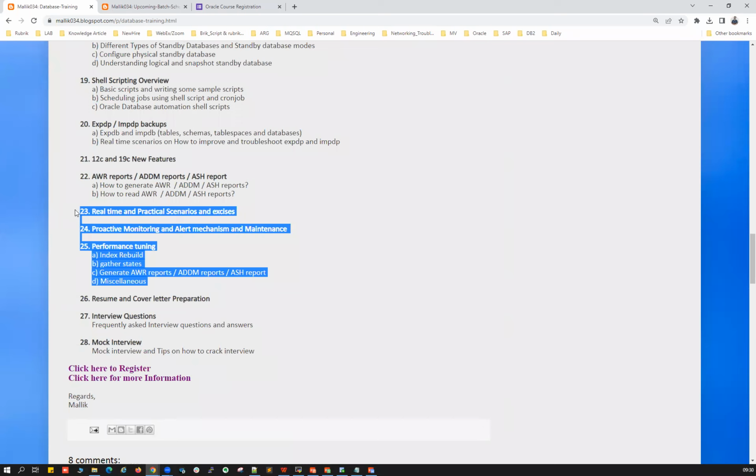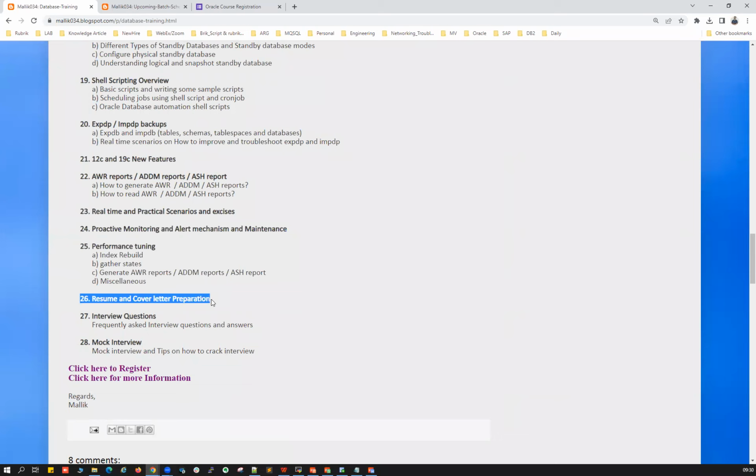At the end of the course, as an extra topic, we'll be covering cover letter and resume writing. Cover letter and resume writing are very, very important, right? Once you learn this course, your next intention or motto is to get a new and better opportunity. So we're going to take a real example of my own resume, and we'll explain the tips and tricks, how you can write your resume and cover letter, and how important your cover letter is.